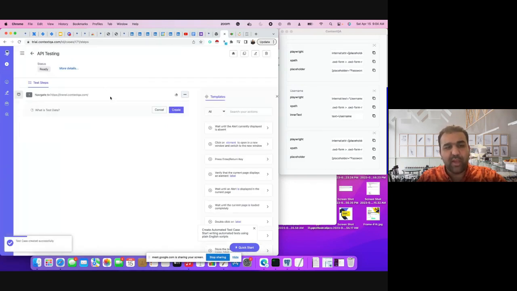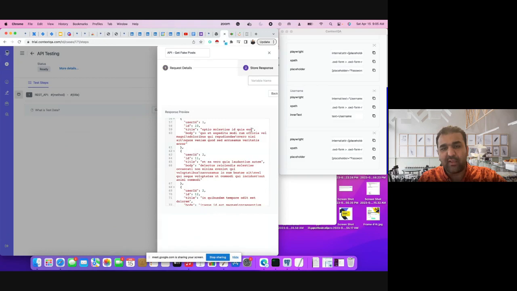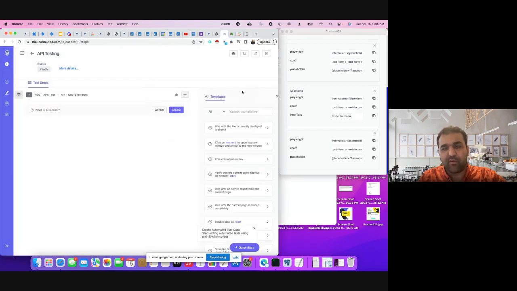You can give any name, and then you say that okay, you need to write API testing. So you just type API, you click on it, and you paste the endpoint, to get all the posts. This is a GET request, and the fake API, fake posts. You write the description, you select the method here, click send, and it will show you the results. You go to the next, click on POST and create and save, and then you run it.